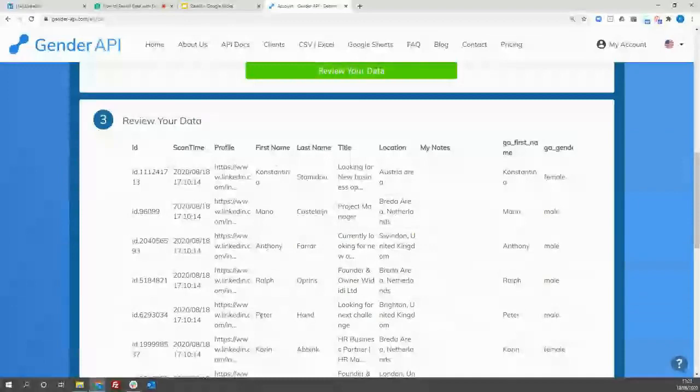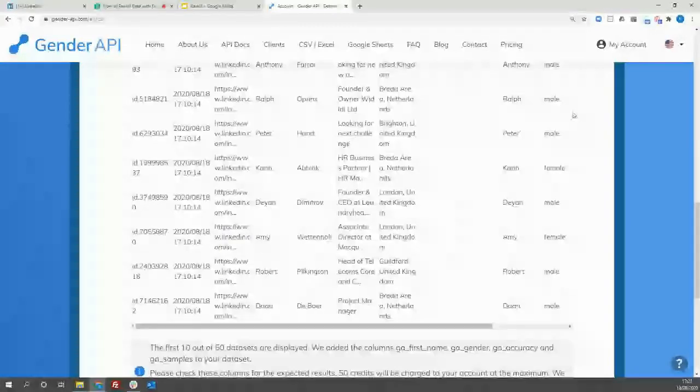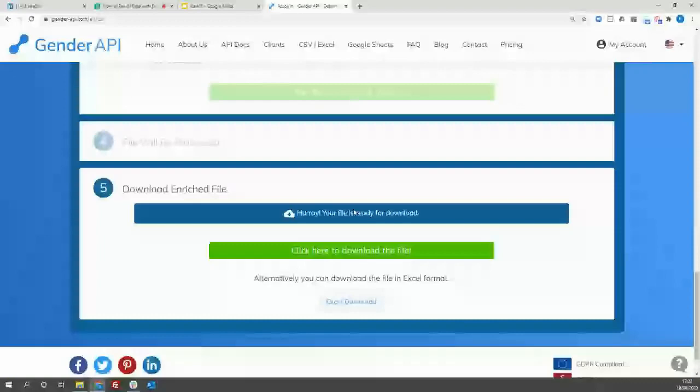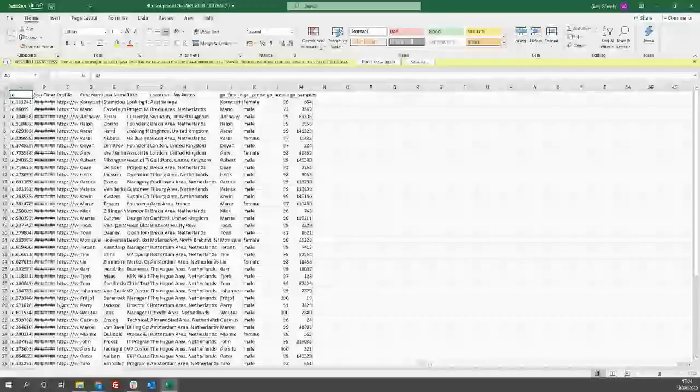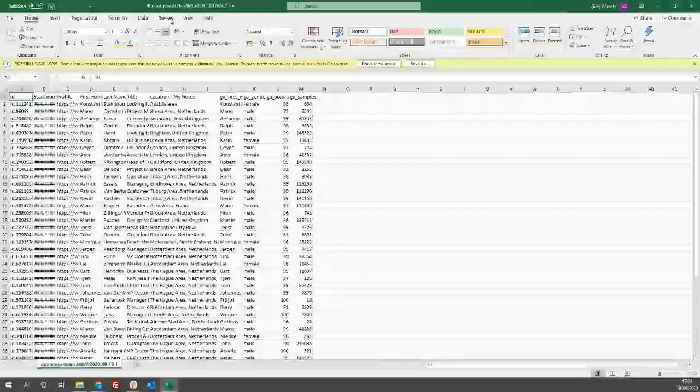It's going to look through each of these names and tell me whether it is male or female. So I'm okay with that. That looks good. I'm going to say, please process that file. Gender API will then take that entire file and create my new file for me. And I will now ask to download the file. There we go. And that's created me a new CSV file, which will open, and we'll zoom in so that